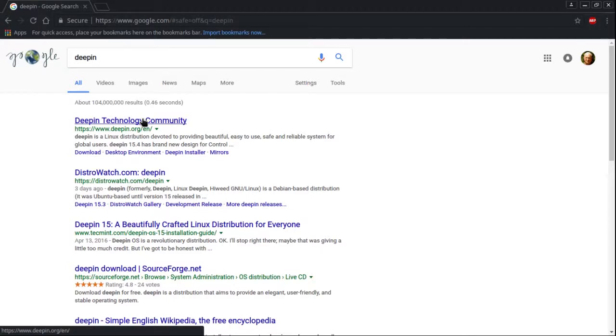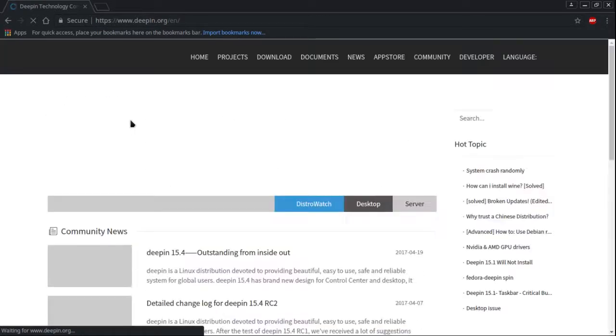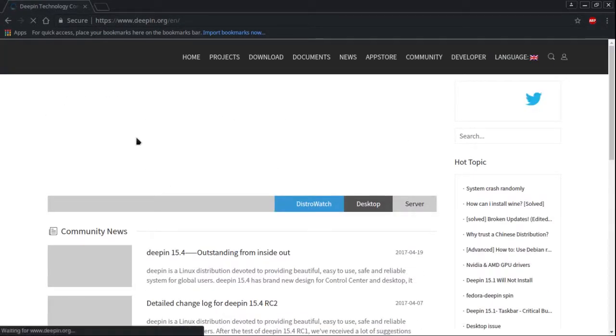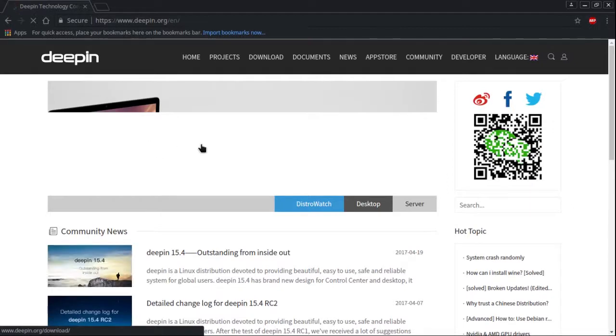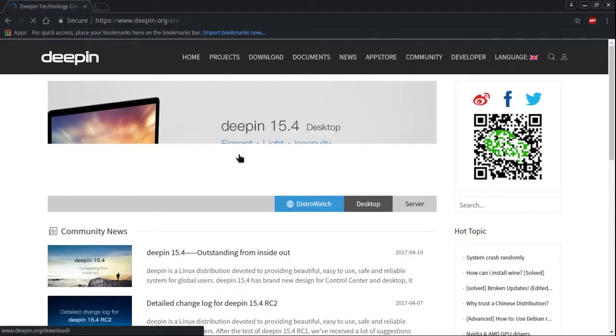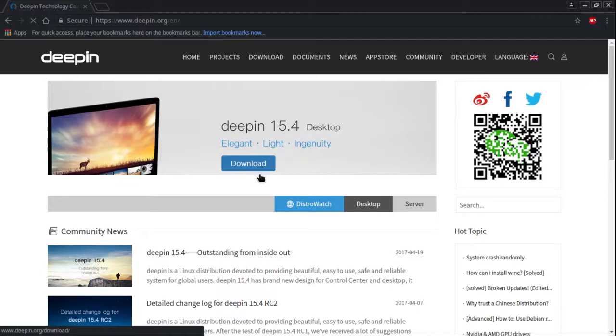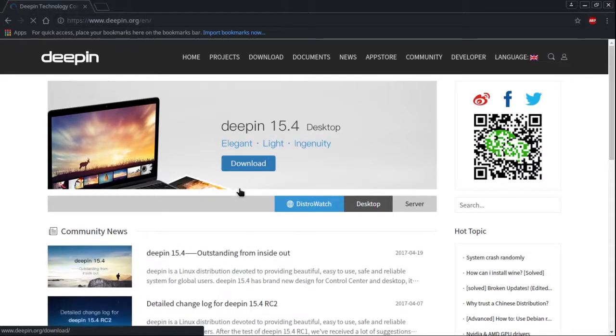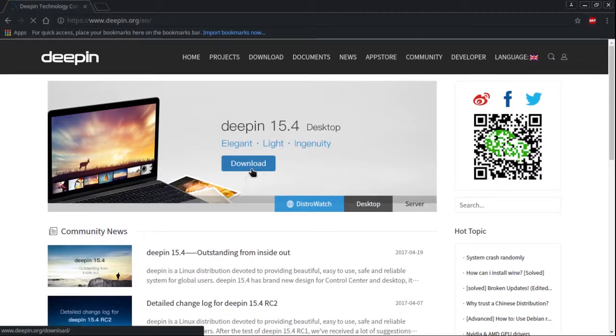So I'm going to the Deepin website. Now, if you click on download, which of course you want to do if you want to download it,